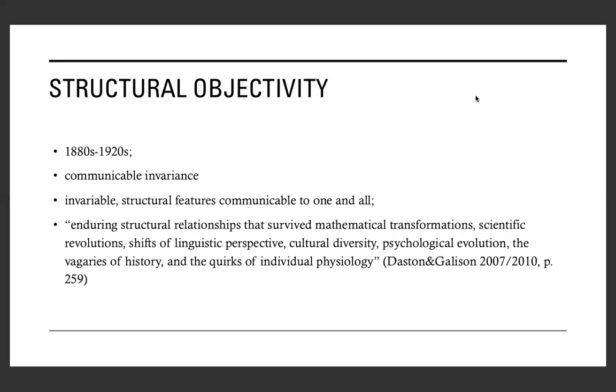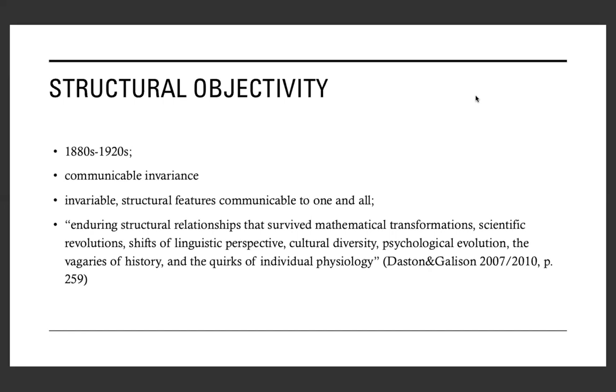James talked a bit about this yesterday. Behind the idea of structural objectivity was the idea that enduring structural relationships that survive mathematical transformation, scientific revolution, shifts of linguistic perspective, cultural diversity, psychological evolution, the vagaries of history, and the quirks of individual physiology was the only way to obtain scientific objectivity,